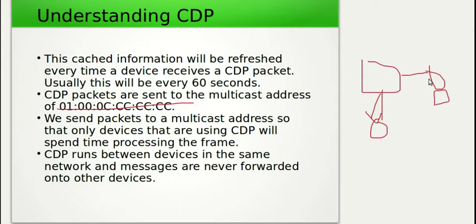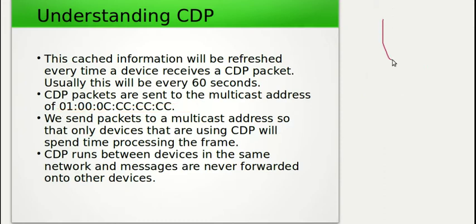It's still going to receive them though, but it's not going to process them because it's not listening on this multicast address for anything. By using a multicast address, we can send one packet to many devices, making more efficient use of bandwidth, instead of having to send a unicast packet to each and every device or broadcast packets to all devices. Now CDP runs between devices in the same network, and messages are never forwarded onto other